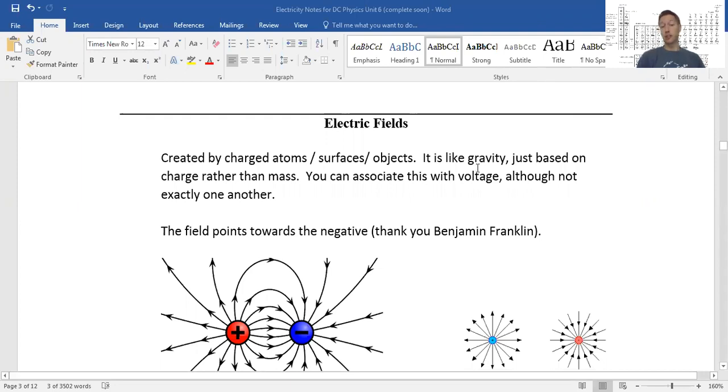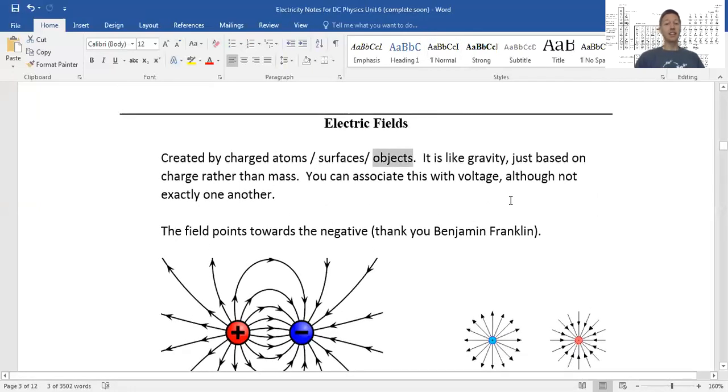atoms can gain or lose electrons, and then we could have a substance that has a net gain or net loss of electrons, and they have this charge. If you're a charged object, then you produce this electric field around you. All right, so if you're a charged atom or a charged surface or a charged object, you produce an electric